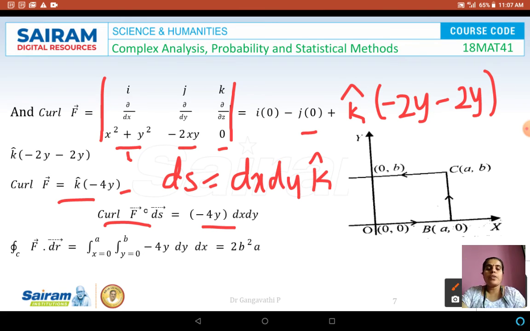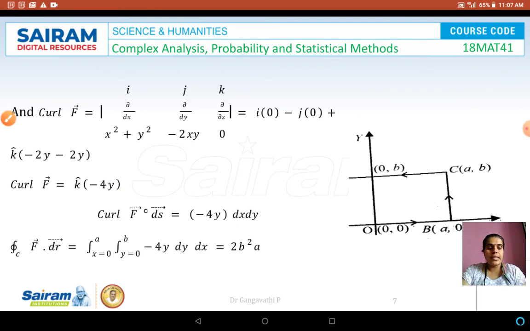And we know from the graph that the limits of x are from 0 to a, and the limits of y are from 0 to b, y equal to 0 to y equal to b. So we have the integral of 4y dy dx, which on integrating,